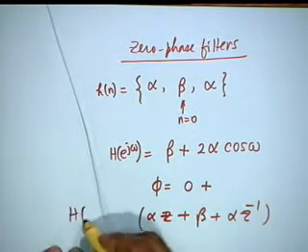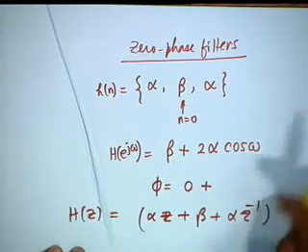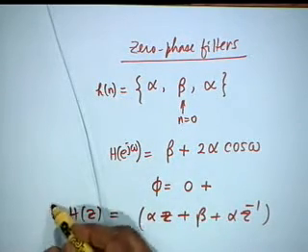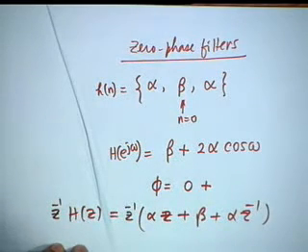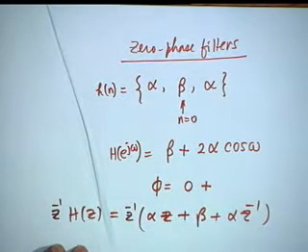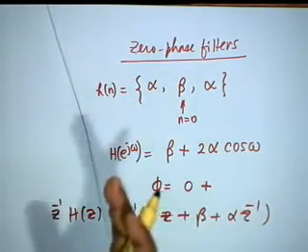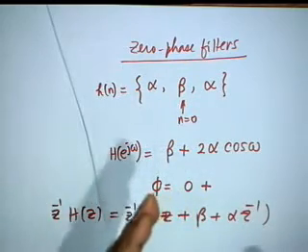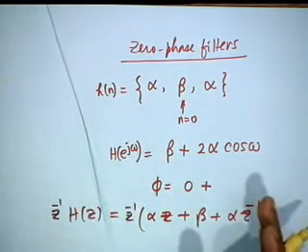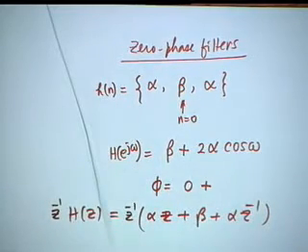Okay, this is my H(z), and I can make it realizable by simply multiplying by z inverse. Then the non-causal filter becomes causal. In other words, physically what I am doing is, h(n) exists on the right side and left side, so I push from the left side so that the last sample coincides with 0. I simply multiply by that number of delays.